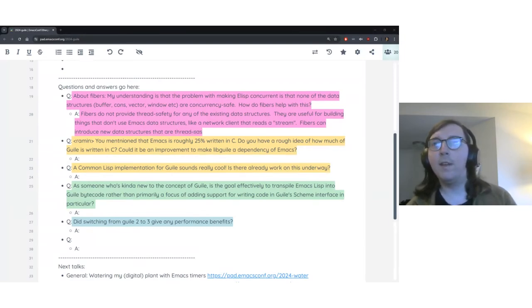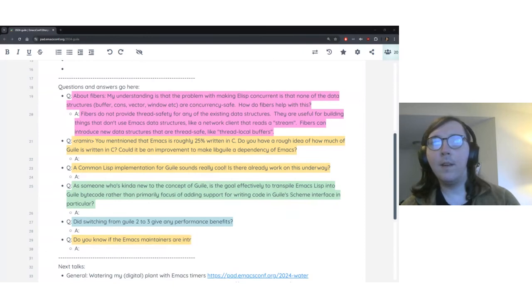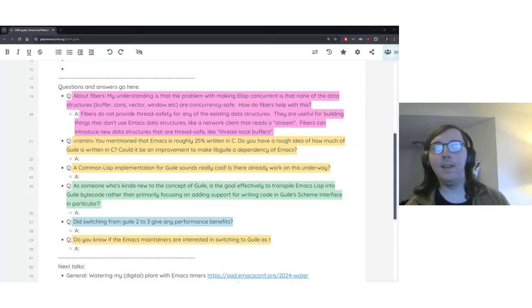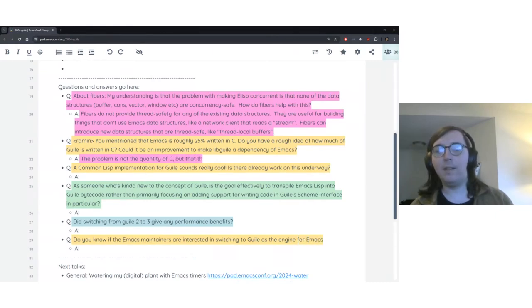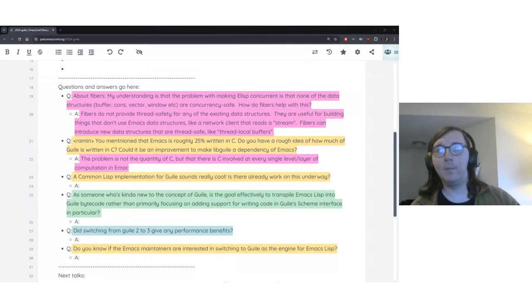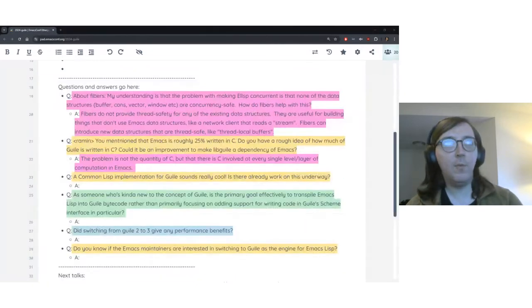Let's see, we have another question. Emacs is roughly 25% C. How much of Guile is in C? Well, part of my point about C is not so much that, obviously I phrased it a little provocatively, but the problem is not so much that there is C, but that there is so much C involved at every single layer of the application. So for example, we're limited in our ability to use tools like delimited continuations, which can be used to express buffer local variable binding in a few dozen lines, because Emacs has so much calling back and forth between Guile and C, due to so much basic functionality being in primitive C subroutines. So that's one issue,